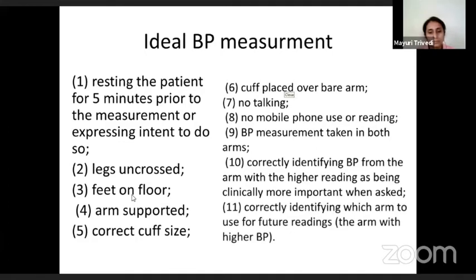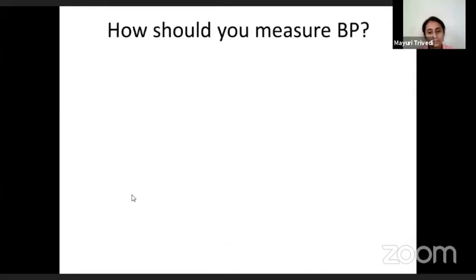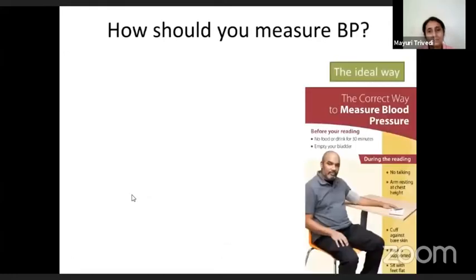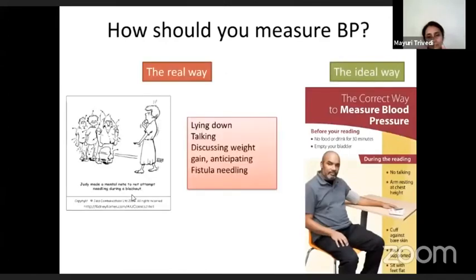लेकिन कौन करता है ऐसे blood pressure? Dialysis पे तो you know, you look at this. This is not possible. They are not sitting. They are lying down. Usually when you do the pre-dialysis blood pressure, तभी you know, you're talking about their weight. कि आप कितना पानी पिए वीकेंड पे, you know, वजन बहुत ज्यादा बढ़ गया है, और you know, फिस्टुला लेके आ रहा है कोई नीडल डालने के लिए.